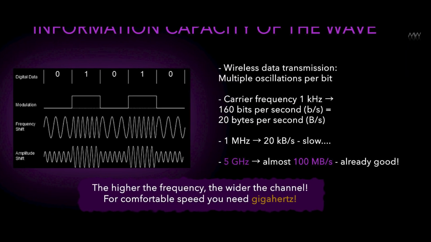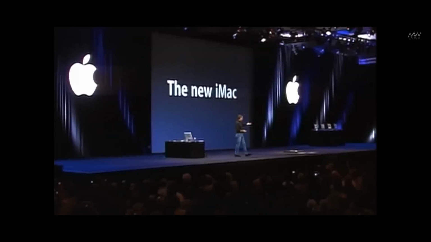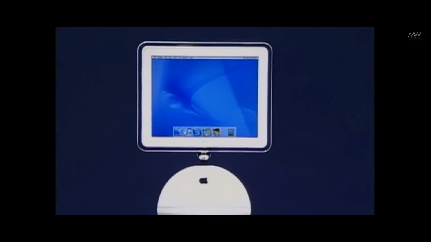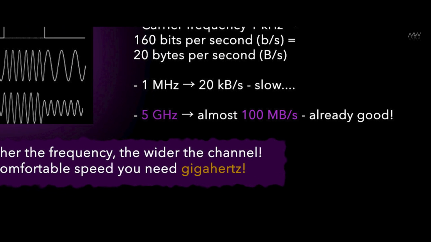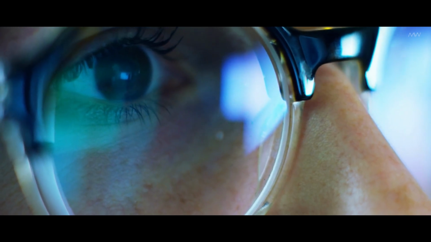Okay, raise the frequency to 1 megahertz. Instead of 20 bytes per second, we get 20 kilobytes per second, but it's still inconvenient. 30 years ago, maybe the internet would still fly at these speeds, but now it's not enough. So you need to go from megahertz to gigahertz? Only then the speeds will be serious, tens of megabytes per second. That's the internet speeds we're used to.